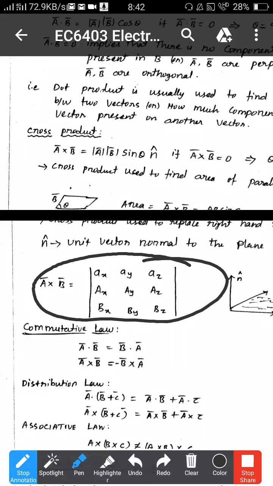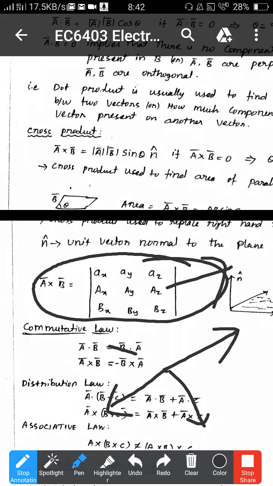In this case, we have taken a simple case, x and y, and the result was in the z direction. In reality, vectors A and B can be in any direction, and your answer will be in some other direction. Say I take a vector in some other plane, such that my n cap may go like this. In reality, A and B vectors can be anything.